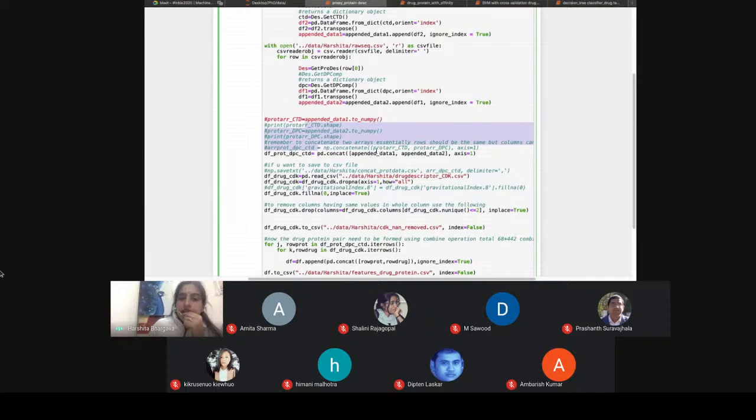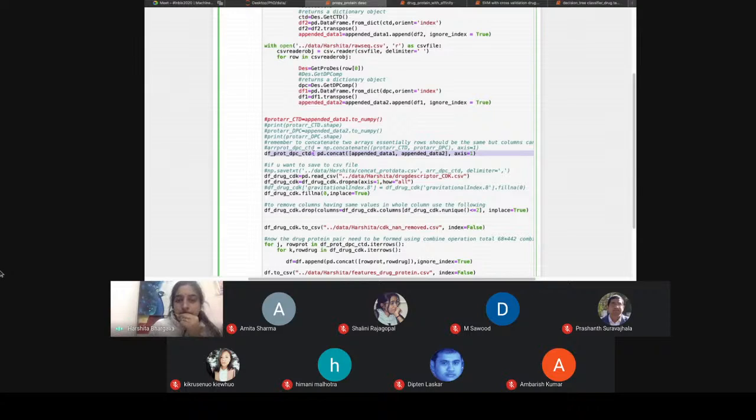You can do this while iterating through an array, or you can append two data frames together, because this is a better approach. You can go for concatenating these two, that is appended data 1 and appended data 2. These were the two data frames that we had created, and now we have joined them into a single data frame, in which we have the protein descriptors from both categories, that is dipeptide composition descriptors as well as the CTD descriptors.